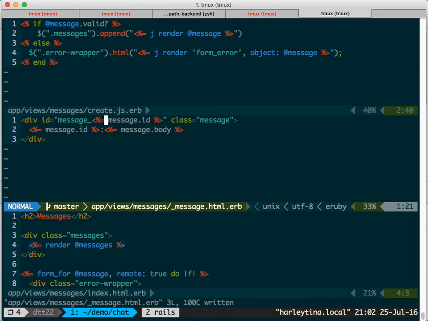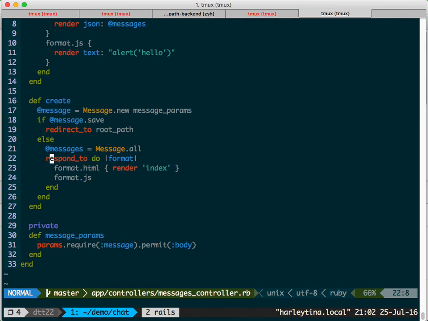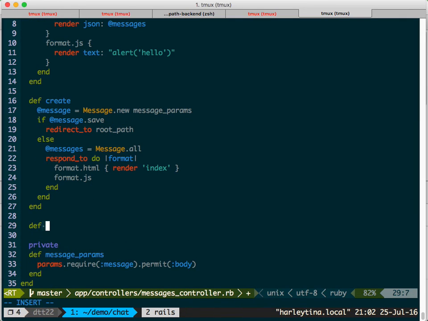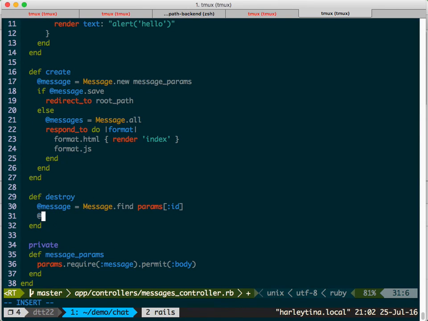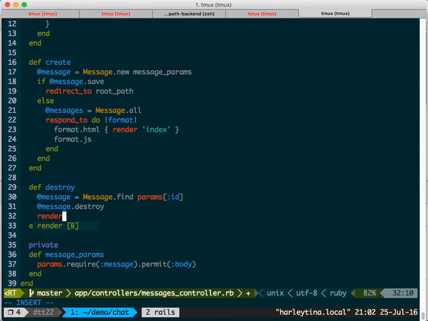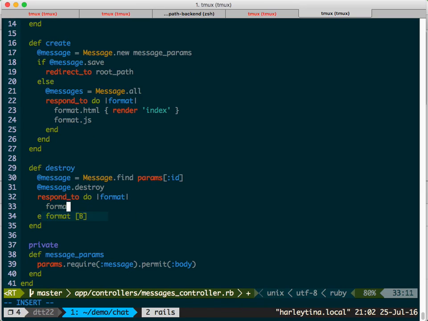Destroy is easily done by def destroy, message.find.destroy, right? And again you want to do respond to. I wonder if I can do this. Okay, no, let's render text. So respond to, let's say if I only deal with this,